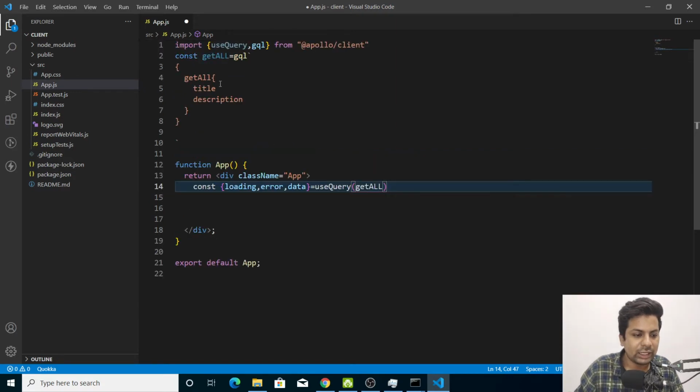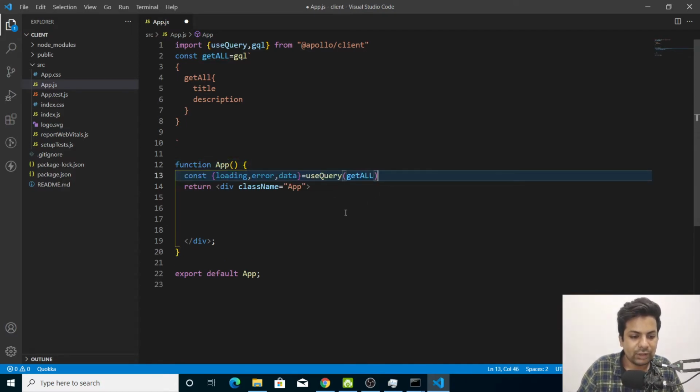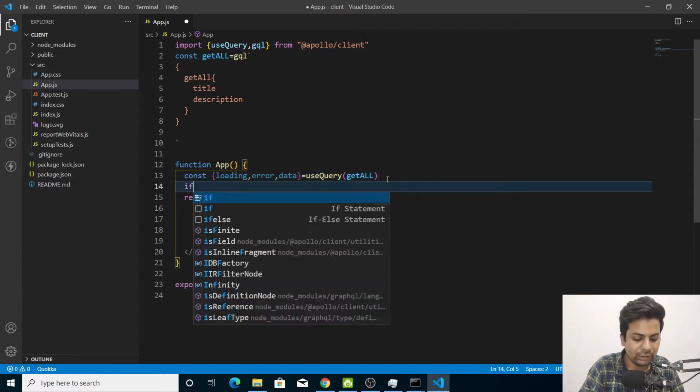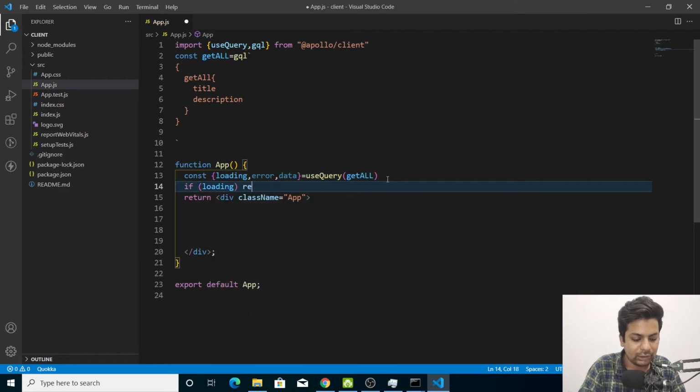So we are telling it to use this query get all, so whenever it loads it will directly run this and we'll get the loading state when it is loading, the error state if there's an error, and data when it's successful. So if everything is successful, here we'll say if loading, return loading.